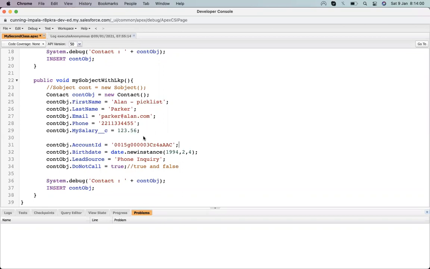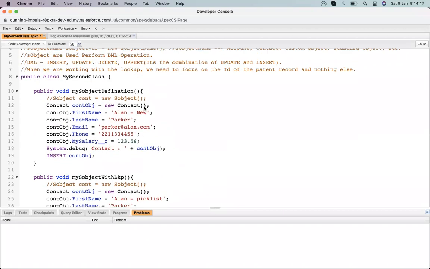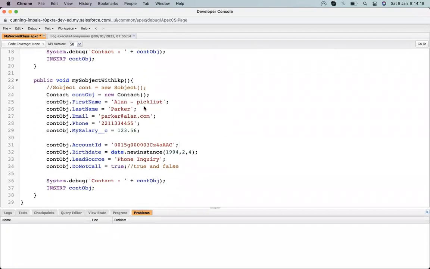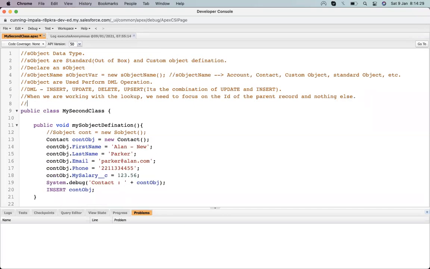Okay, so we discussed that we are able to insert a record and populate the values in a contact object. So here we talked about how we insert the record. Now I'm going to talk about how we update an existing record. In order to update any existing record,